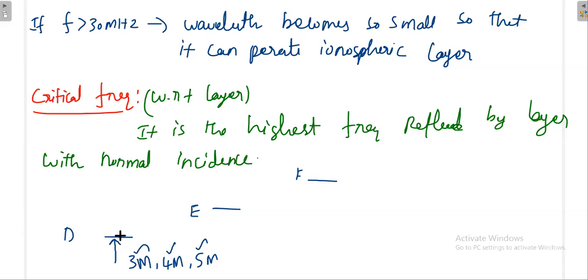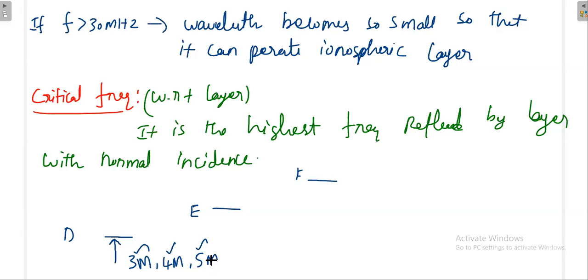Because once you are launching vertically, it all depends on the interatomic distance that is already there. When you have an interatomic distance like this, this distance is very high, but if you see it at this angle, it may be something different. That's why, for the definition of critical frequency, we always have to launch our signal vertically. Practically we can launch it at any angle, which we'll discuss later; that will define the maximum usable frequency. Now we are defining the critical frequency of the layer. So for critical frequency, you have to launch the signal vertically.